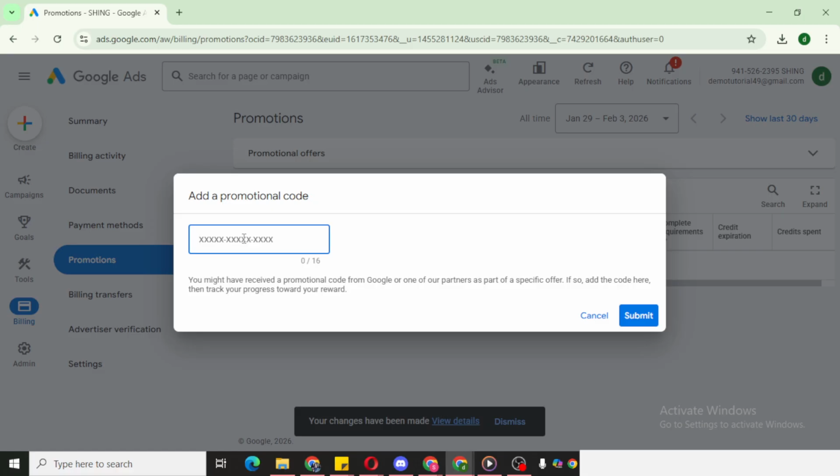Once accepted, the credit is processed and added to your account balance. You don't need to do anything else. Google Ads automatically applies the credit toward your future charges until it's used up or expires. In some cases, it may take a short time for the balance to update, so don't worry if it isn't